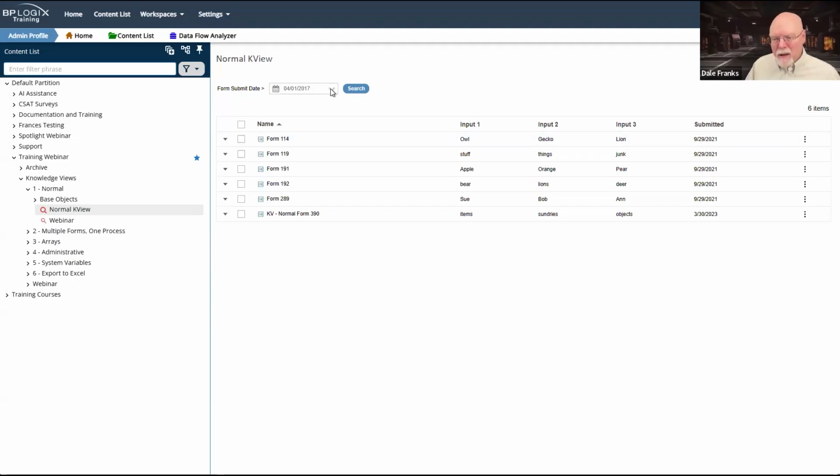That means that if the form submit date is, as it is in this case, my primary means for ensuring that I pull less than 100 records, this is going to rapidly get out of hand if I go back as a user and say, okay, well, show me everything since 2017. Well, that might be thousands and thousands of forms that are going to be returned by making that change.